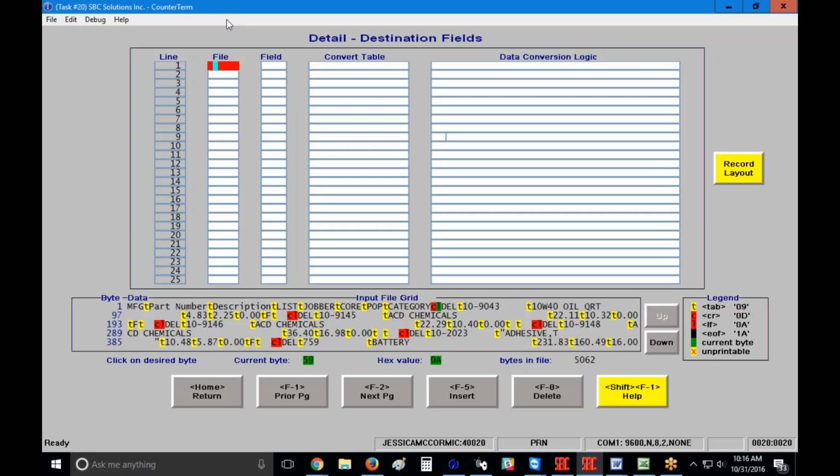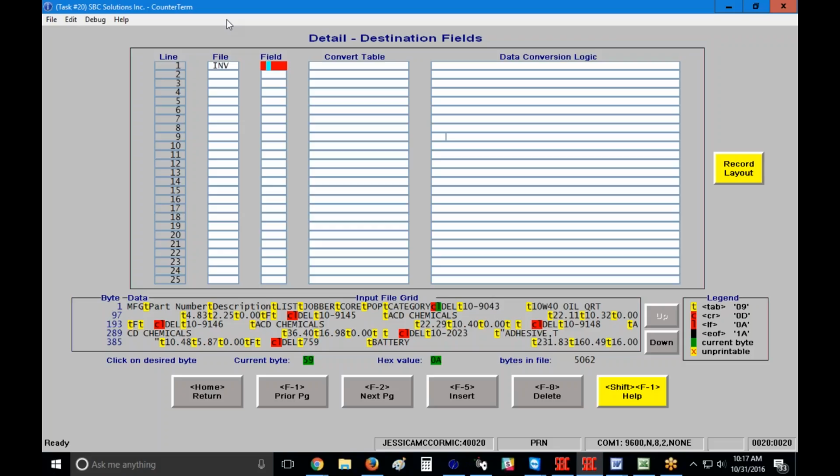So I'm going to just hit the enter key here, and because the only file that I'm importing into is inventory, it's going to assume that and populate that field for me. Field. What's my first field in my Excel sheet? Now, one thing I didn't mention about Excel is that if you're importing data into the system in any form,